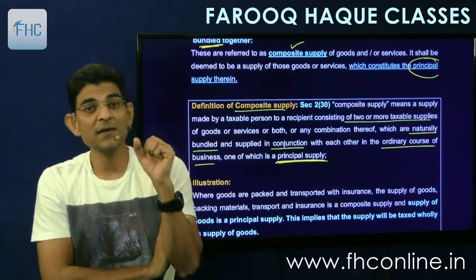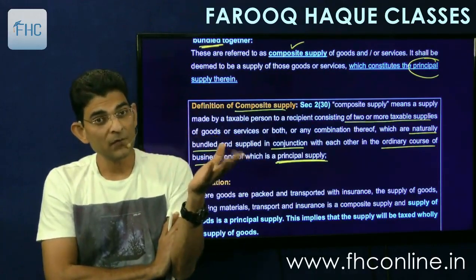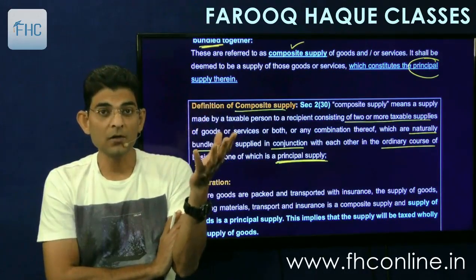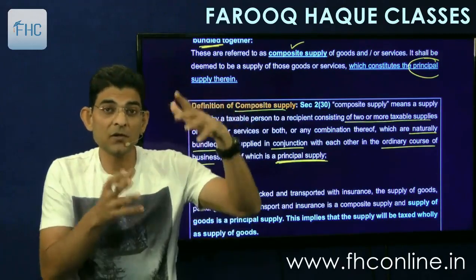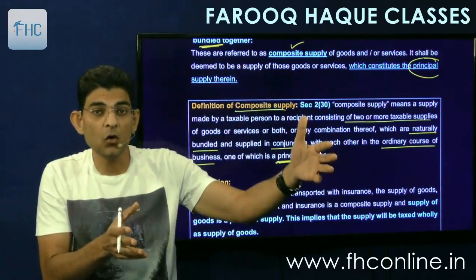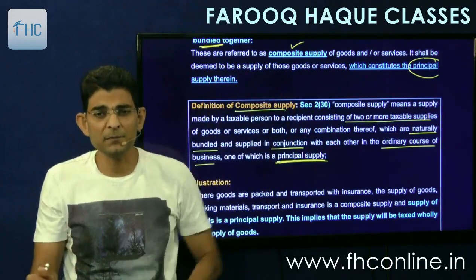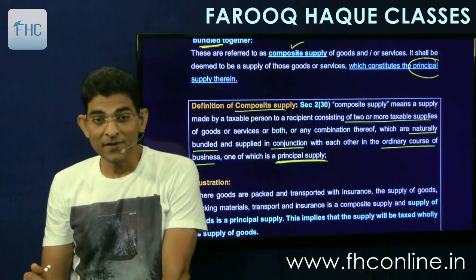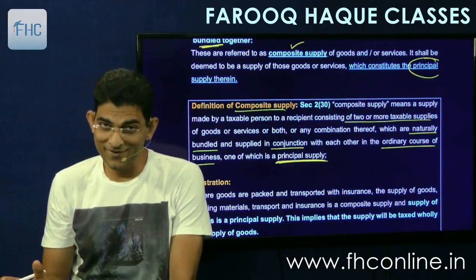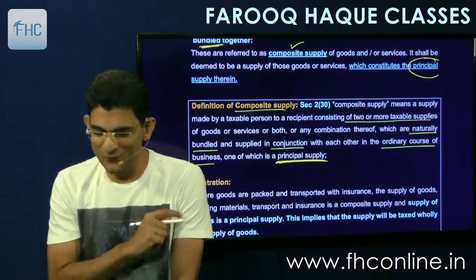So what is the main thing there? The hall. Food is supplementary, but the hall, because we have to run a function there, so function is run in a hall. So hall is the main thing. Renting of hall is the main thing. Food is a subsidiary item. Now you may differ with me if you are more interested in eating food.